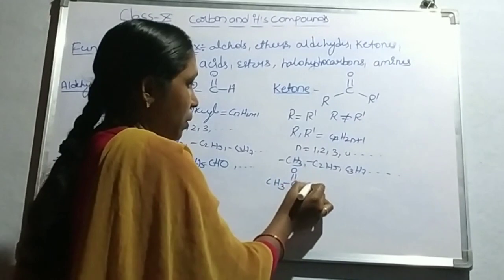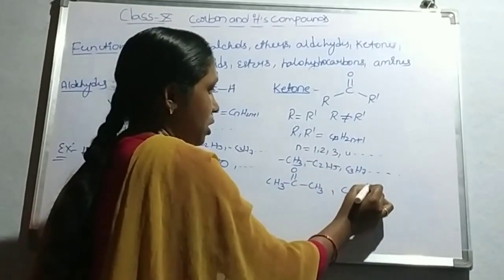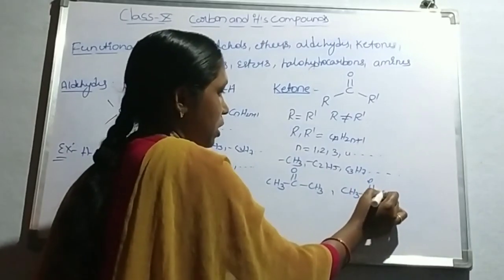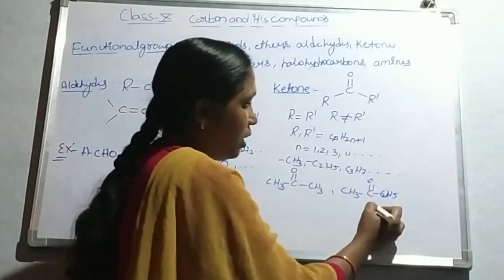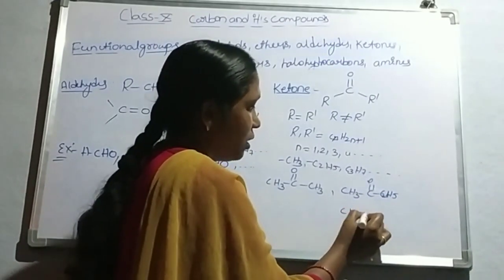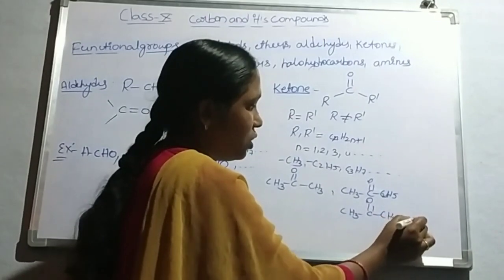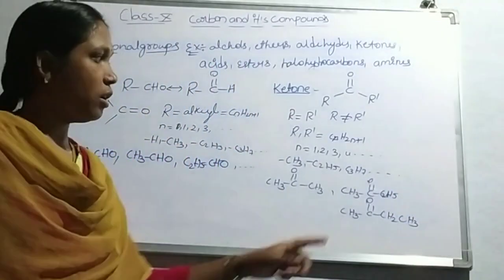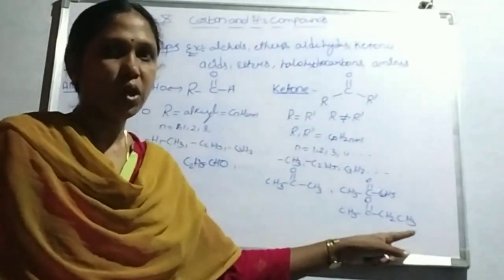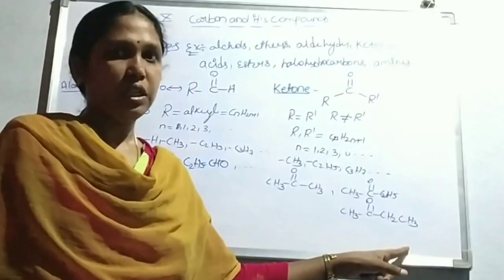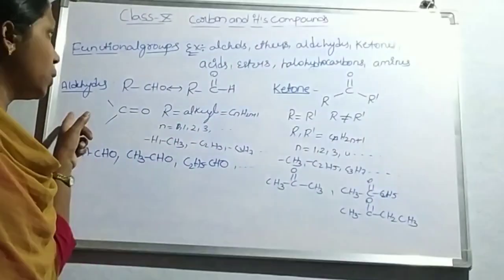CH3-C double bond O-CH3, or CH3-C double bond O-C2H5. That C2H5 we also write as CH2CH3, so CH3-C double bond O-CH2CH3. Okay. Here C2H5 is also written as CH2CH3. This is according to our functional groups, aldehydes and